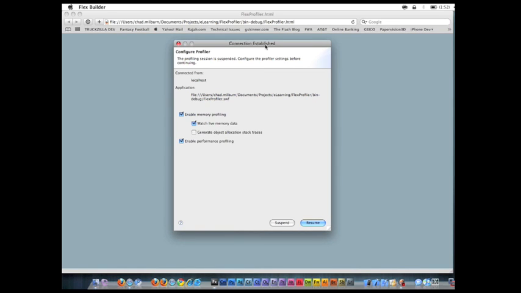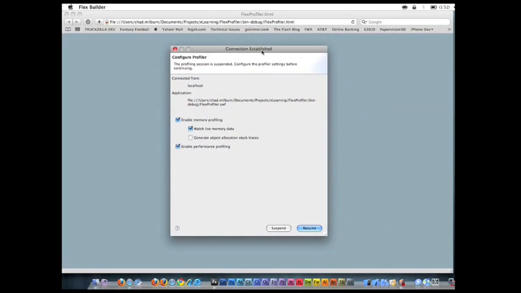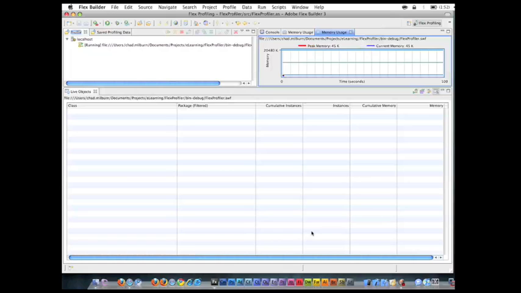So I had Safari closed, I went and did my profiler and ran it, and I get this screen, which is basically asking us to bind our FlexBuilder to the profiler that's going to be running on the Safari browser. It's going to make both of those connect to each other and be able to communicate. These are the default values, and they are perfectly fine to leave as they are. What you want to do is click resume, and that will then bring us into the Flex Profiler